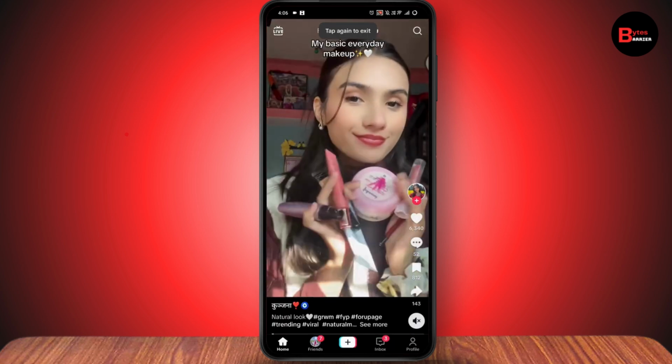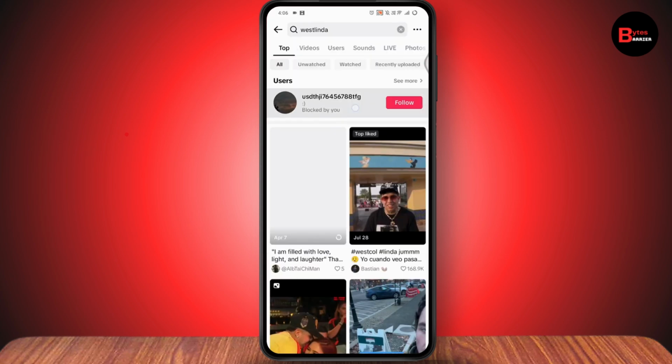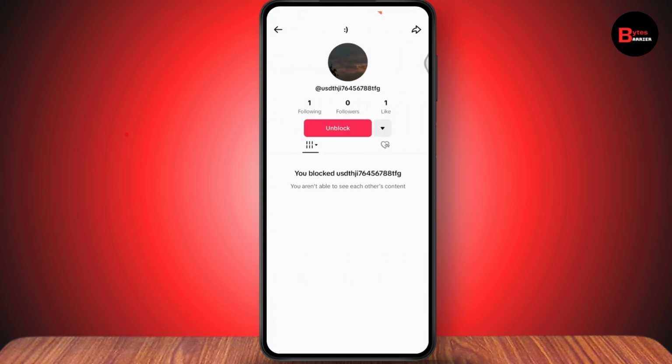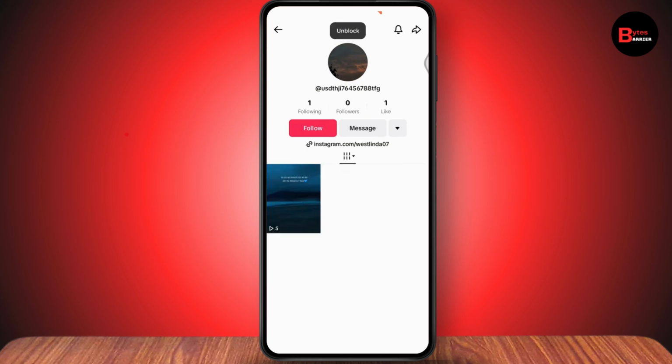So what you can do is simply go with the search again and search for the same person that you have searched previously. And once you tap on it, here you will have the unblock option, or you can go with the share again, which is on the top right, and then tap on unblock. That's it. That's how you can block or